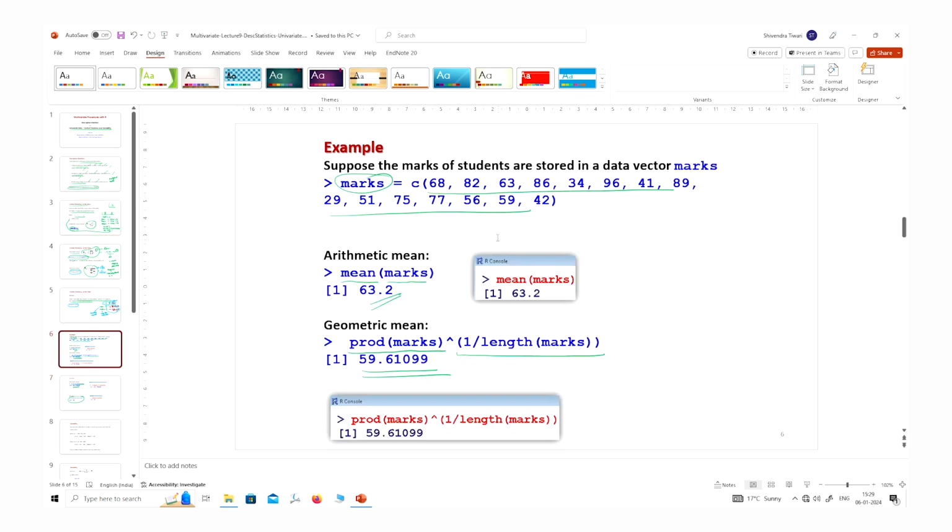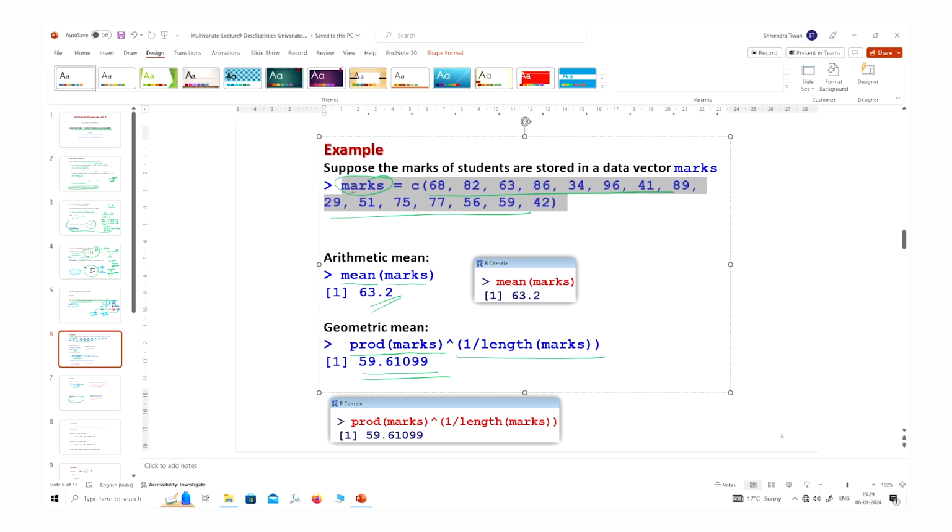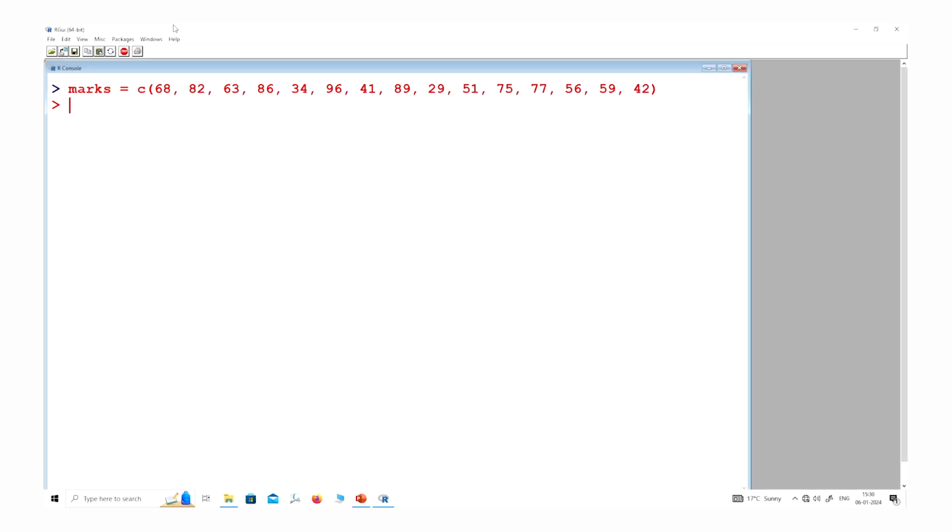And now let me show you these things in the R software also. You see, this is the data vector marks, and if I try to find out the mean of this marks, this will come out like this. And suppose I want to find out the median of this marks, it is like this.